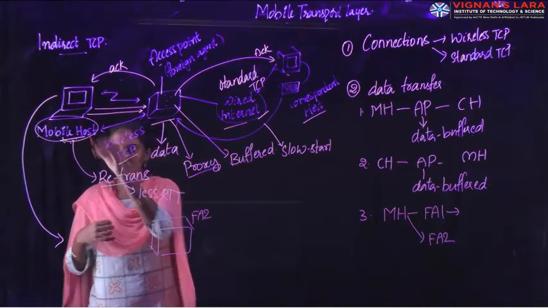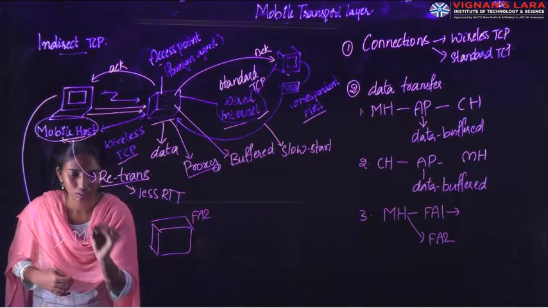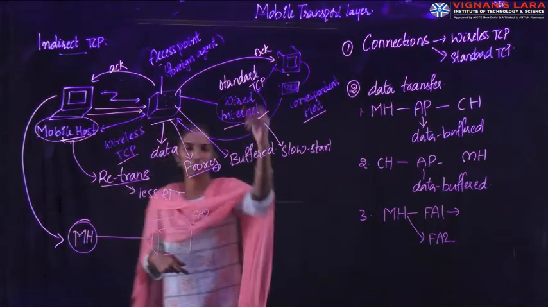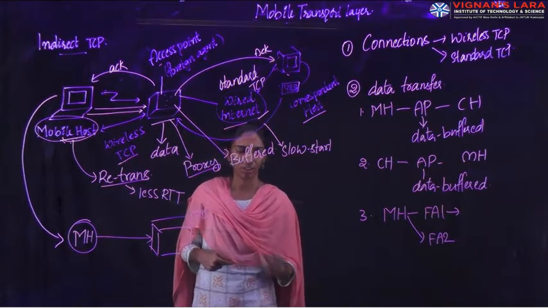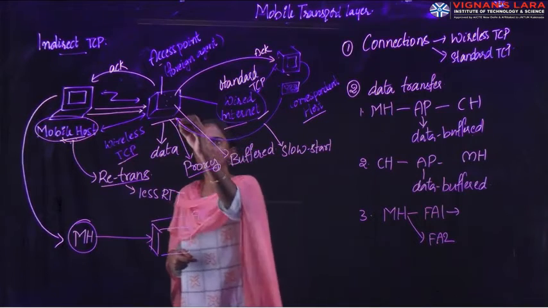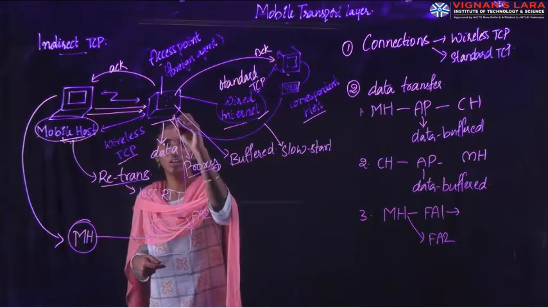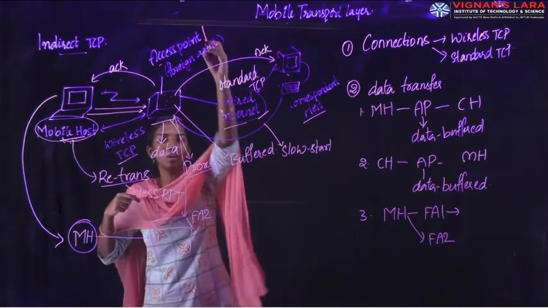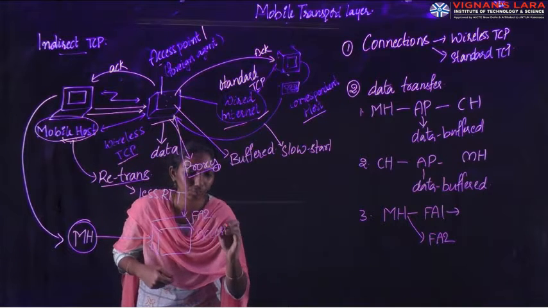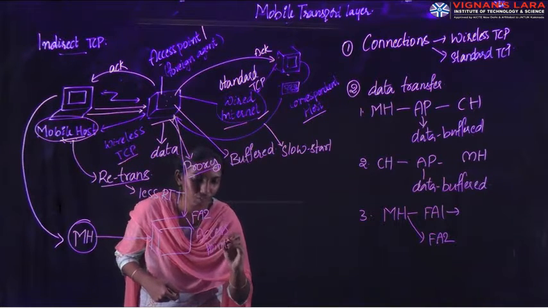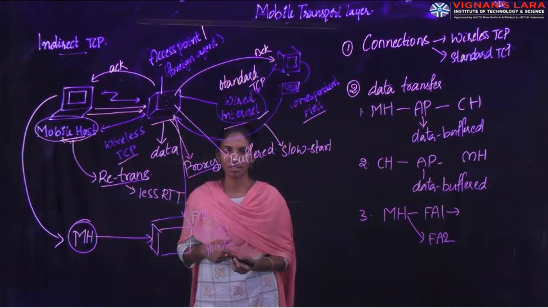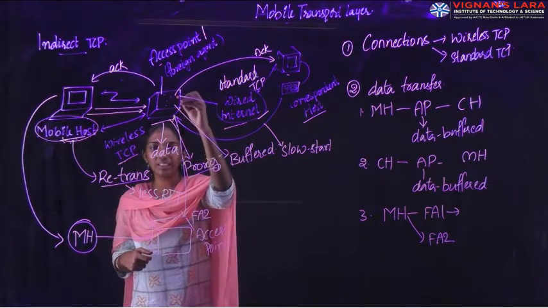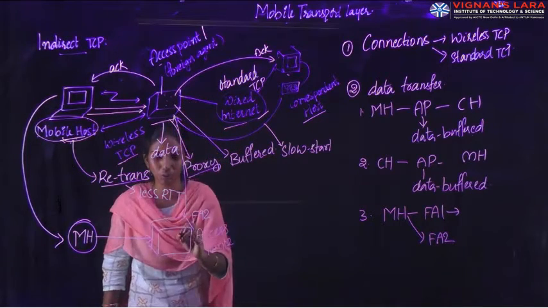Now whenever this mobile host moves to another network, this is in this network, and the same diagram will be repeated here. I will give you the notes as well. Immediately the mobile host has moved from access point 1 to access point 2. What happens there? Whatever data is present with the foreign agent, the complete data needs to be transferred to the foreign agent 2.